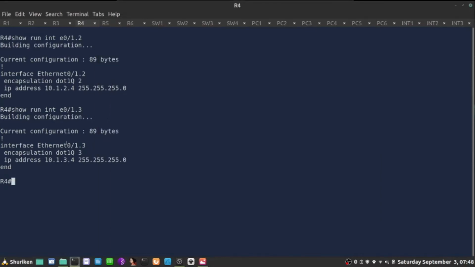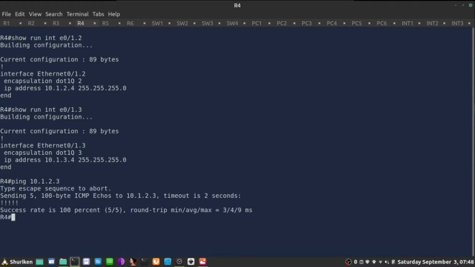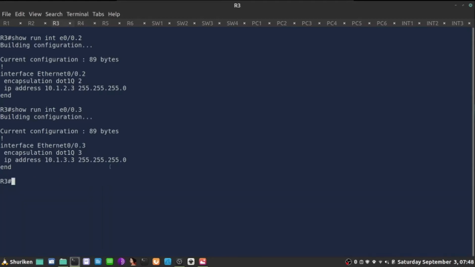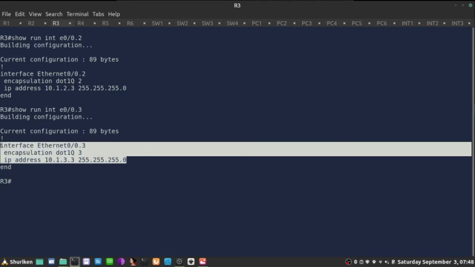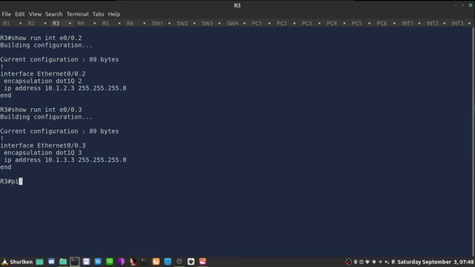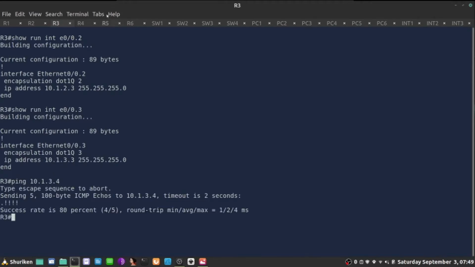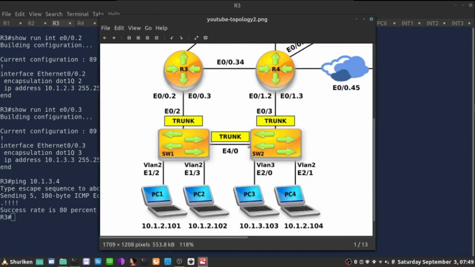So if I ping, for example, from R4, R3 in VLAN 2, I'm going to get the reply. And I have the respective interfaces for VLAN 3. So this is R3. I can ping the other end, which is 10.1.3.4, router 4, across the trunking interface. This will allow the communication for hello packets between the routers, and they can actually watch each other for a